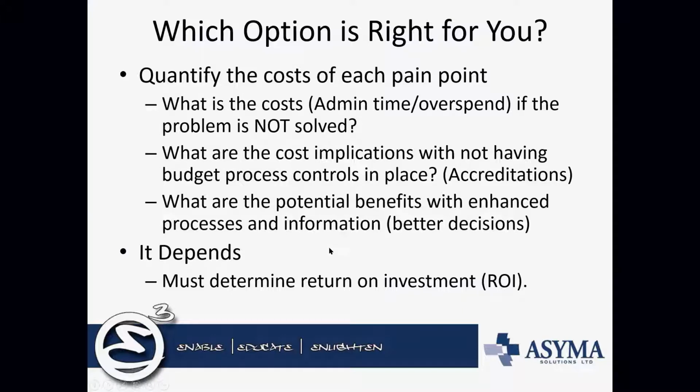And then what are the benefits? If you think about the benefits being better decision-making by your managers, where they're just making things happen a little bit easier without all of the turmoil, it can certainly have a big benefit to the overall organization. But once you've looked at these various costs of your current processes, and understand what I was just showing you as far as the benefits from that system,